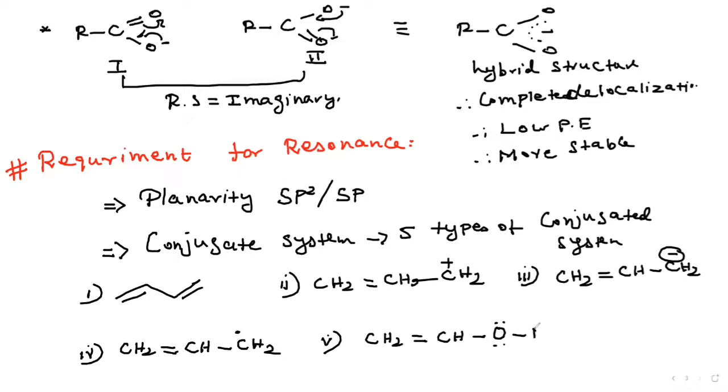Therefore, this is CH, or I take CH3. Okay, there are 5 conditions for what? The system should be conjugated. What are the 5 conditions? Double bond, single bond, double bond; double bond, single bond, positive charge; double bond, single bond, negative charge; double bond, single bond, radical; double bond, single bond, heteroatom containing what? A lone pair of electrons. Okay, that is a condition. And the third condition, for better resonance, please note,